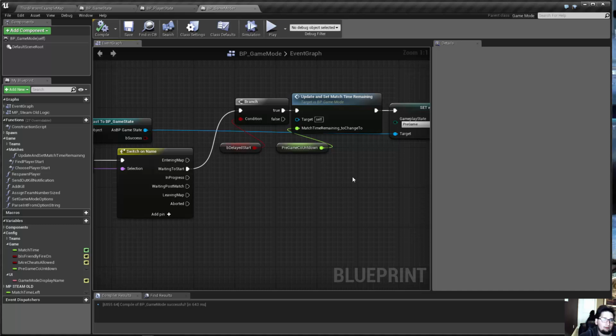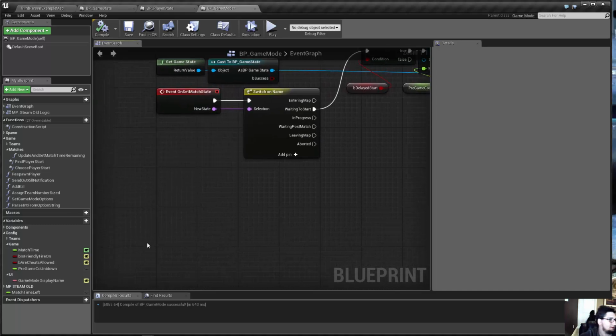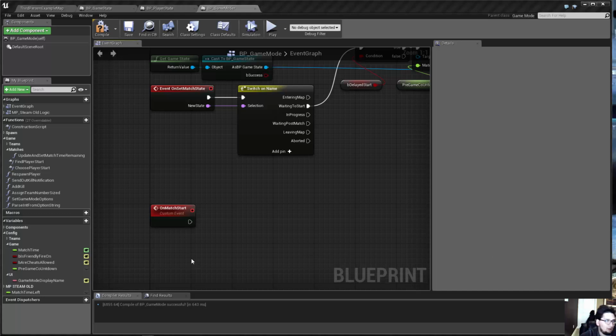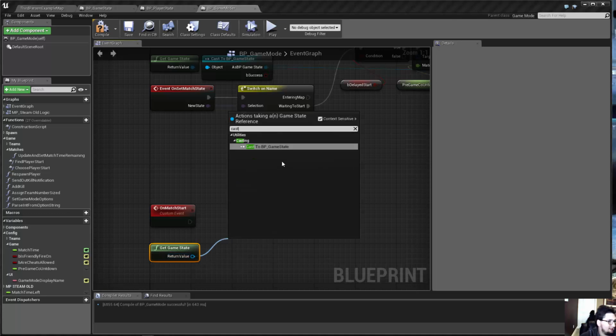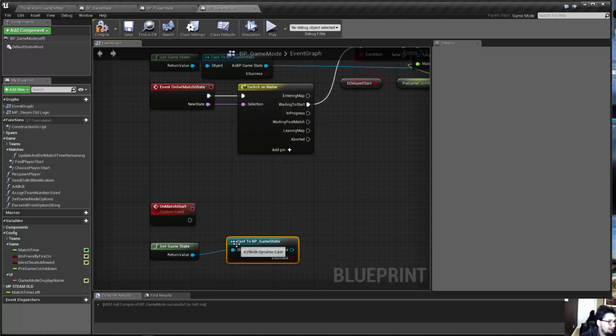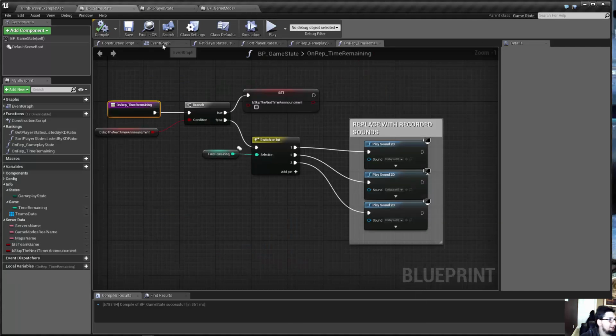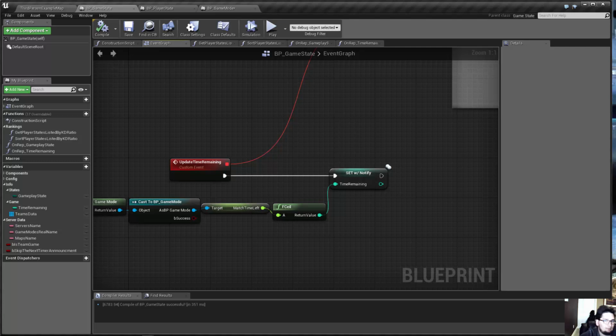We're gonna need a couple more. We're gonna need match start, match end. Those are pretty important. So let's create a new custom event called on match start. We'll want to get game state and cast and convert to peer cast, and then we need to create a function in there. So let's go back to our BP game state event graph,